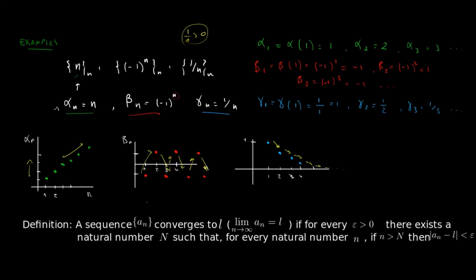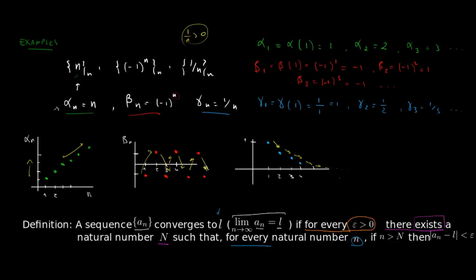We have a sequence, a of n, and we say that this sequence converges to L. This is how we're going to write it: the limit when n goes towards infinity of our sequence equals L if for every epsilon greater than 0, notice this, for every epsilon greater than 0, there exists, so here we have every, and now we have existence, a natural number N, such that, again, for every natural number n, when we have that n is greater than N, then the absolute value of my sequence minus the limit L